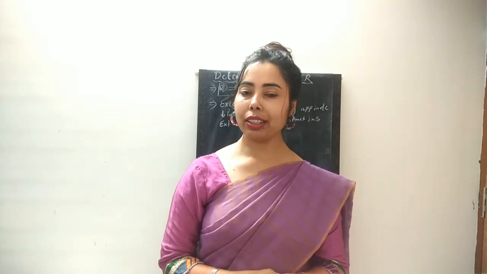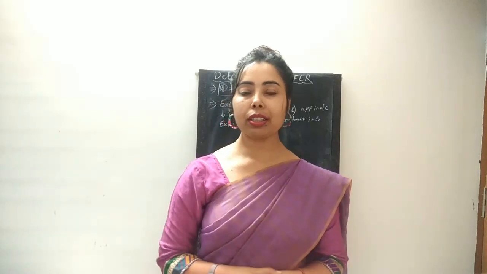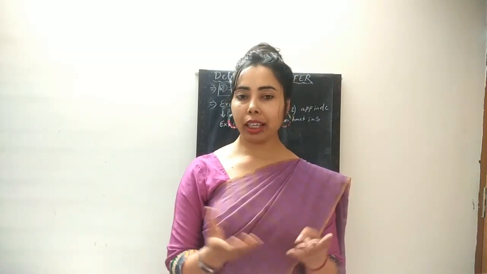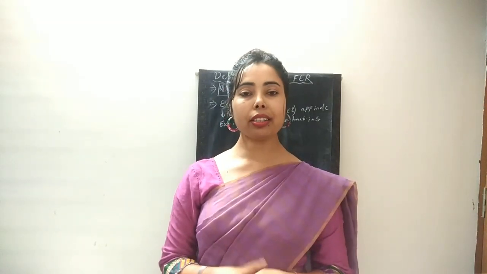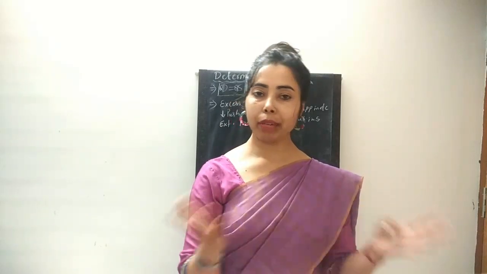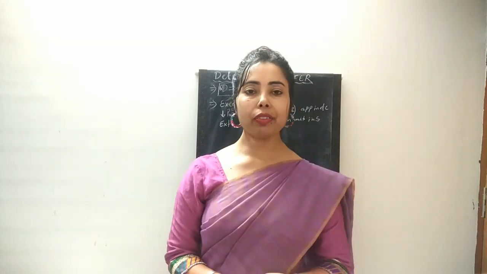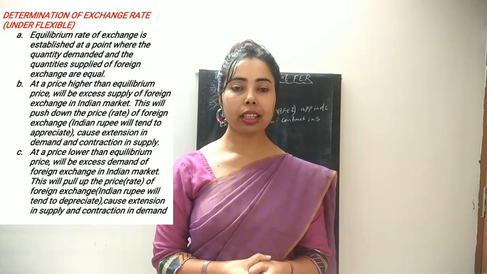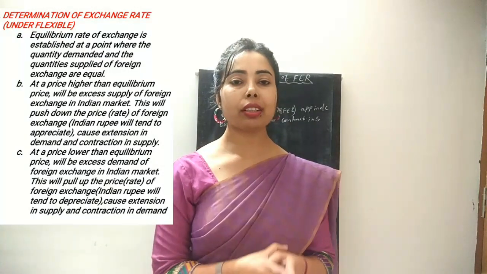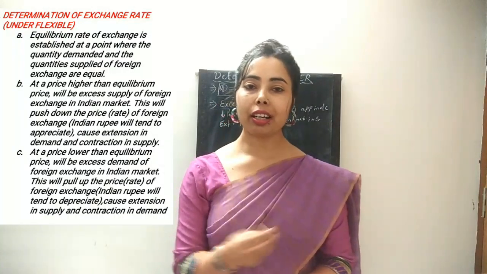I have already taught this type of concept in market equilibrium, if you remember. The similar concept applies here. Again, take the dollar as an example. Assume we are having transactions in the dollar currency in the international market. The market gets equilibrium when the total demand of the market and the total supply of the market become equal. Similarly here, in the international market, when the total quantity demanded of the currency is equal to the total quantity supplied of the currency, that particular point will be known as the foreign exchange rate for that day.